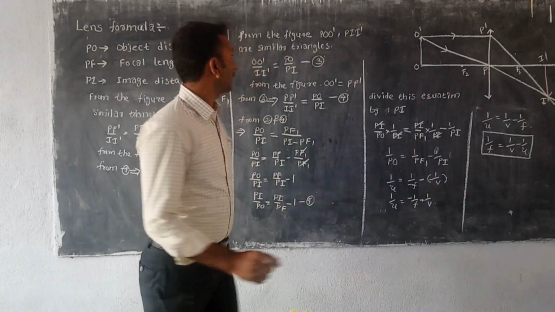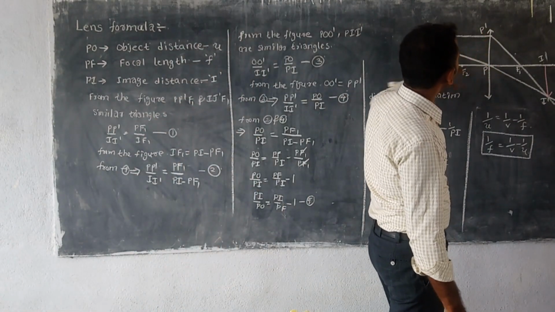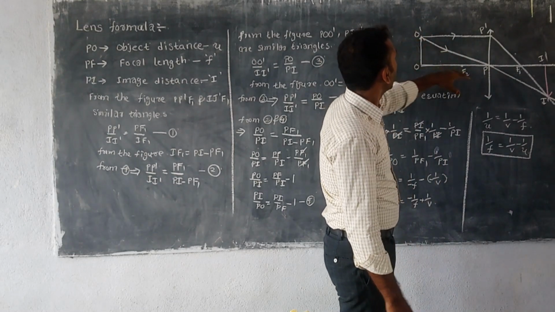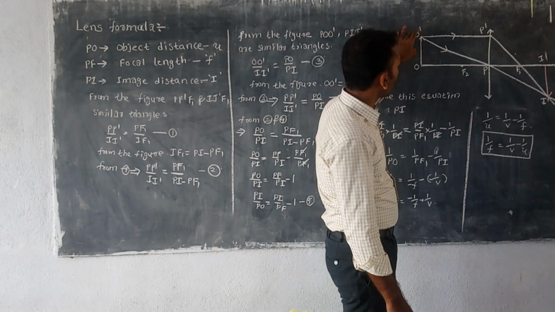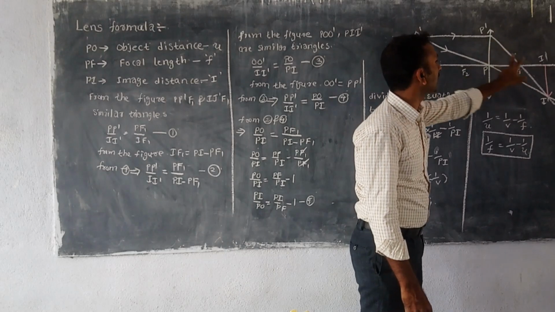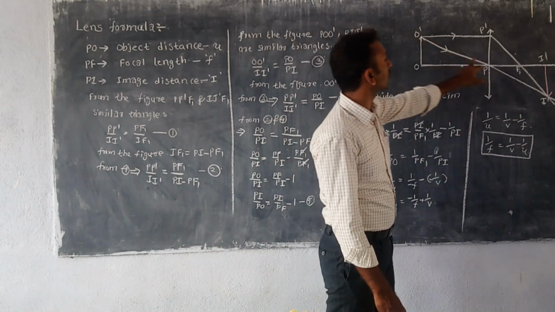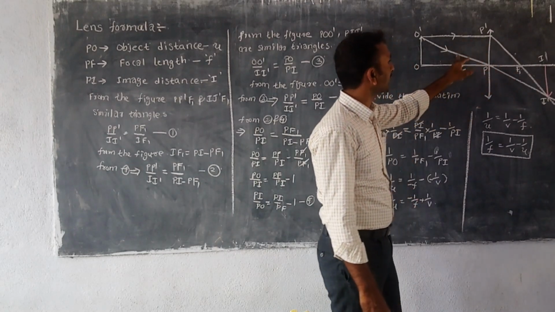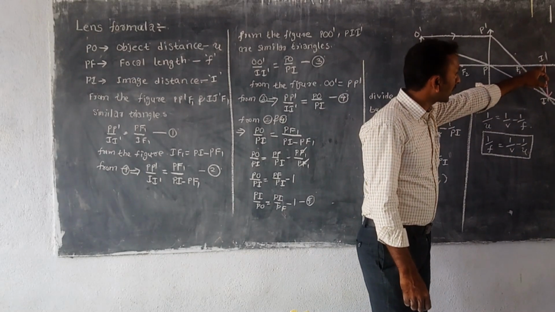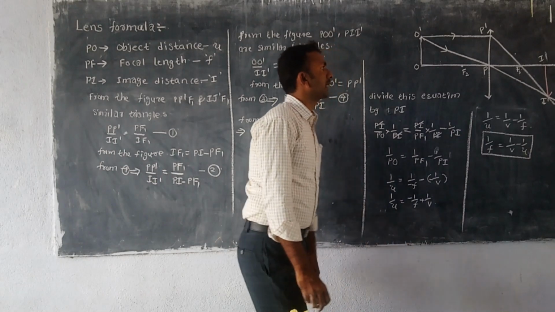First, once again, let us recall. We have taken an object, and this is a convex lens. The object is kept in front of the convex lens, so that is O dash. The first light ray goes parallel to the principal axis, and after incidence on the lens, it passes through the focal point. The second light ray goes through the center of the lens. Both rays intersect at one point, and if we draw the normal line from the principal axis to the intersecting point, that gives us the image size.